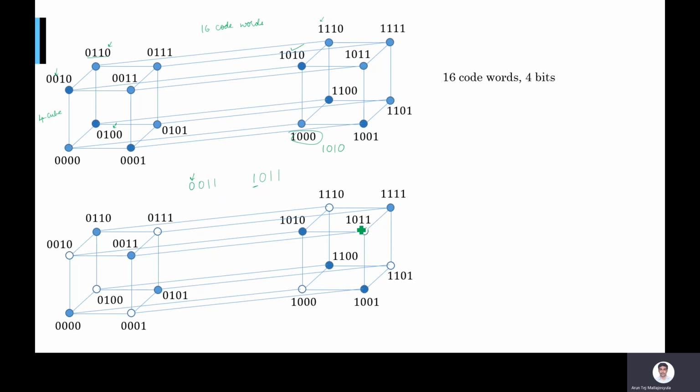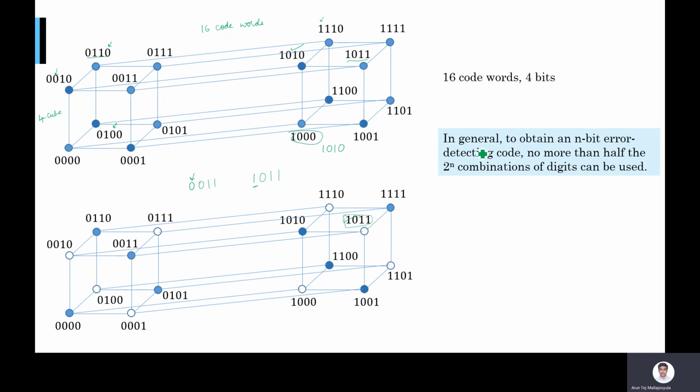You look at this, 1011 is invalid. If you look at this one, 0011 is at a distance of 1, right? These were adjacent code words. So when you have a distance of 2 in your new code, this adjacent one is taken as an invalid code word, and so you will immediately say that there is an error. You can detect that.